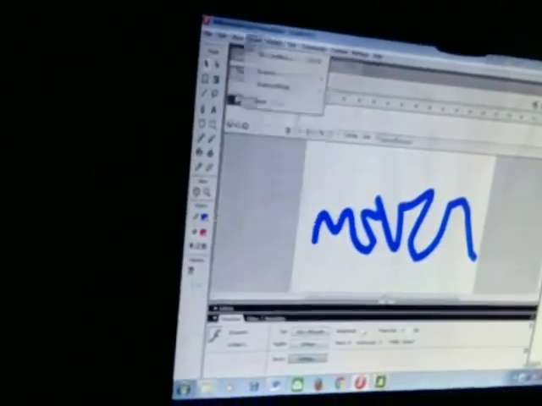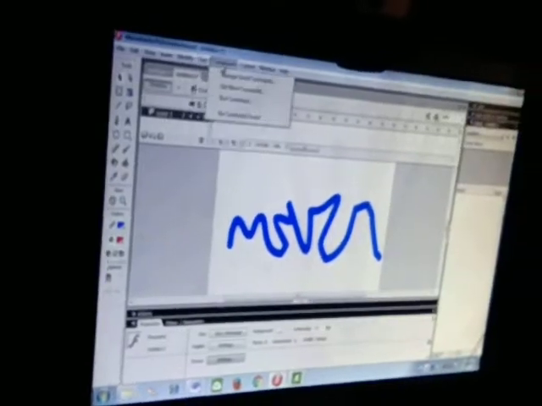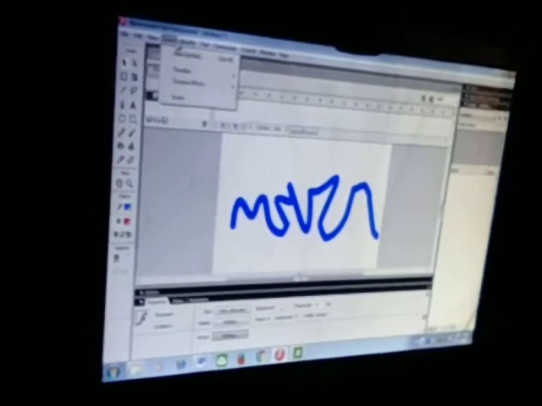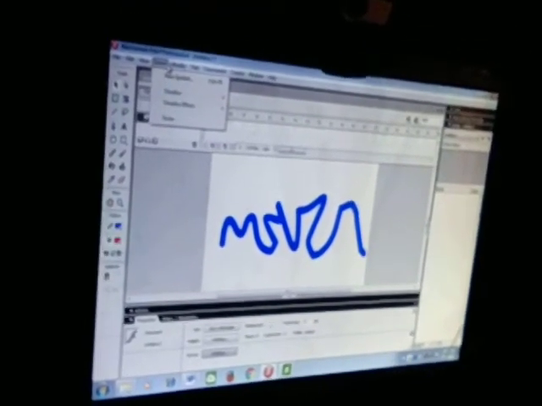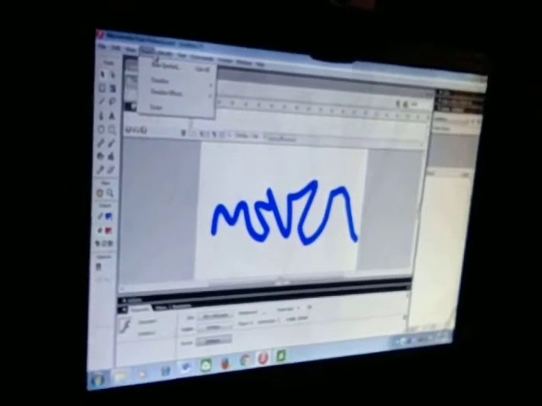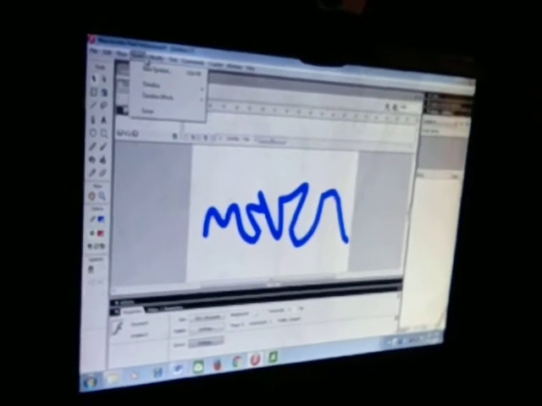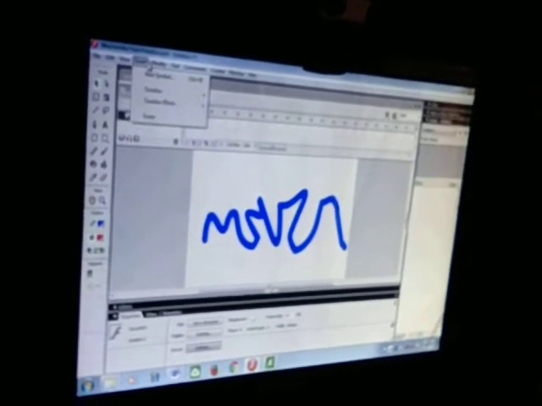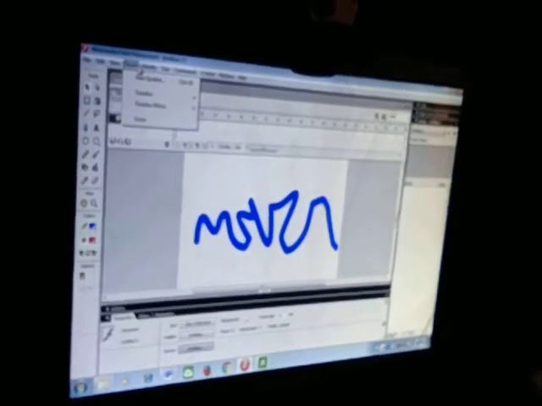So such kinds of commands appear for each individual menu: edit menu, view, insert, modify, text, command, control, window, etc. All these have special commands which are used to do operations when you are going to create animation. So each individual command of a menu is very important.